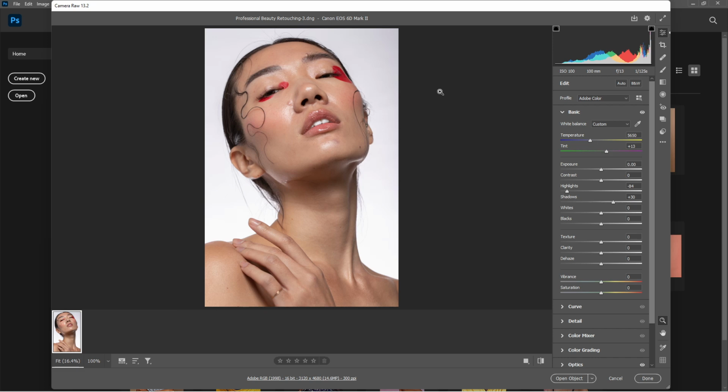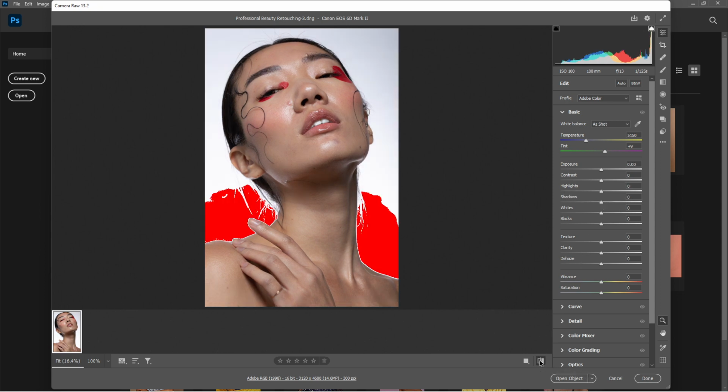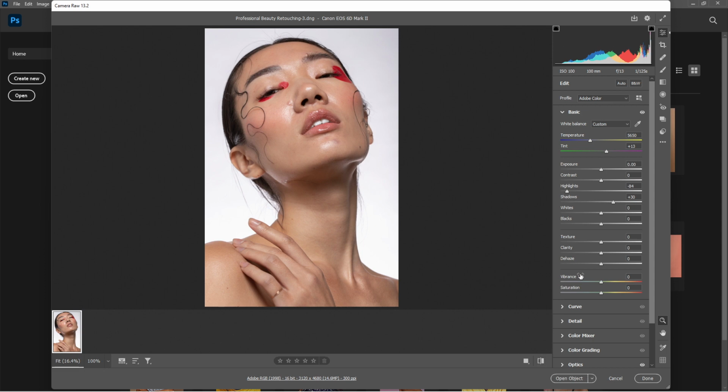Hello everyone, in this video we're going to edit this picture from the beginning to the end. As you can see, I've done just a few things in Camera Raw. I reduced the highlight and increased the shadows. Let me show you the before and after of that. Then